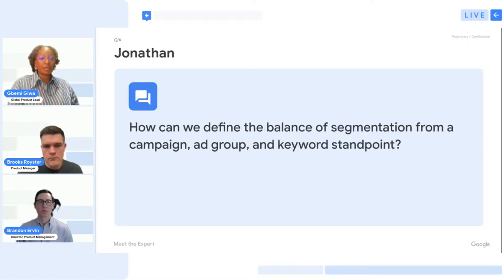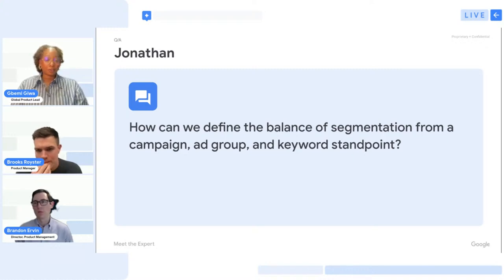How can we define the balance of segmentation from a campaign, ad group, and keyword standpoint? Yeah, I think this also touches on a similar aspect of removing segmentation where it separates relevant business value and separates also just the keywords that could be brought together to bring things like broad match better context, and utilize routing to continue that part of being a key action towards simplifying structures. So bringing thematically similar keywords and ads together for creating context, like I mentioned, is really going to be where automation is going to be able to work on your behalf the best.